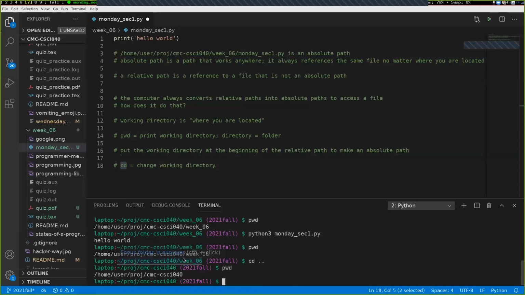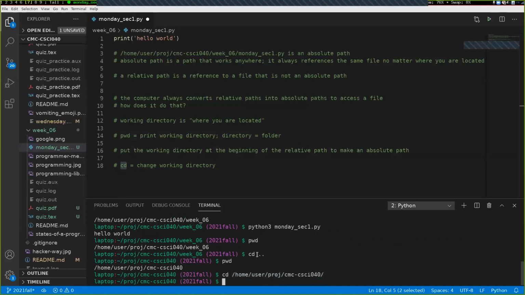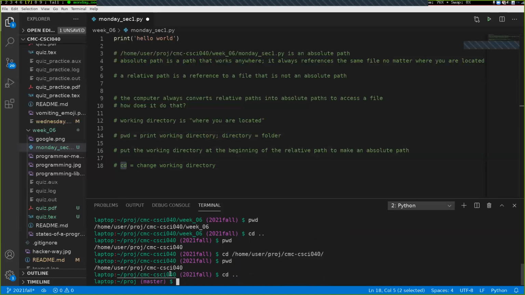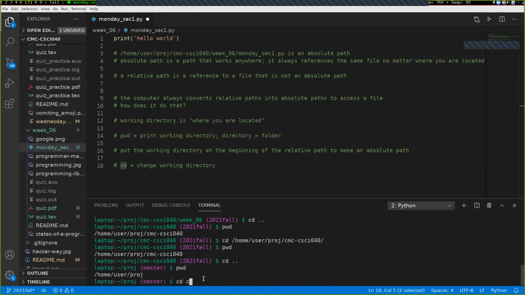pwd. And you can see that it removed the week 6 right here from my working directory. So this cd .. gave me the same result as when I did this cd big long thing to this big folder. And so it's potentially more convenient. And this cd .. will do different things depending on where I'm located. So that took me out of my CS40 folder down into my project folder. So I'll go back into